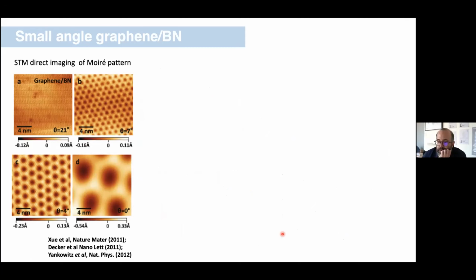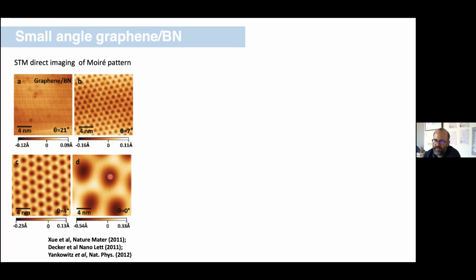Yeah, that's absolutely true. Also, what I'm trying to say is that in this case, if you were to look carefully here, this is the Moiré pattern. This is a unit cell of the Moiré pattern. What's happening in this scenario is that the graphene and the BN are basically commensurate at the middle of this pattern. The graphene and BN lattices both strain a little bit to accommodate each other. But then when you get to the boundary, which is being imaged here, identified as the soliton boundary, that strain is being released by this bunching of the system at these edges. Exactly as you say, that physical distortion on its own can basically impart a flat band in the TMD systems.